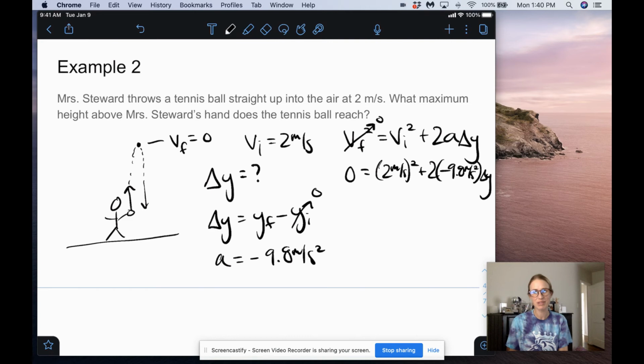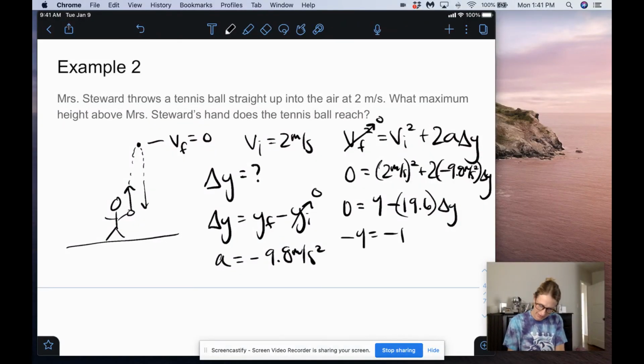I'm running out of room a little bit. And so I get here 2 times 2 is 4. 2 times negative 9.8 is a negative 19.6. So I get 0 equals 4 minus 19.6 times delta y. And then I subtract 4 from both sides. So I get a negative 4 equals a negative 19.6 times delta y. Divide both sides by